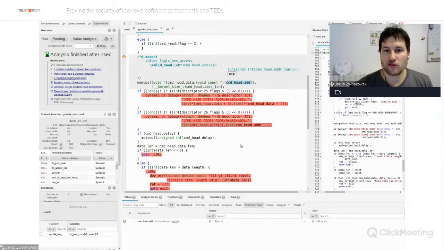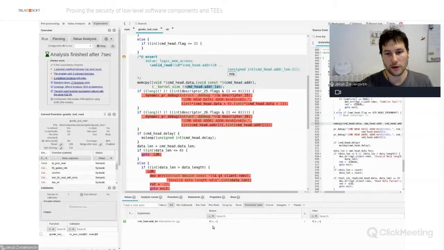Now, if I check the other thing here, the length that is given to the memcopy function, I will see something quite similar. It's also type U8, and it's a top value here. So it's also from 0 to 255. And this looks pretty dangerous, because we can see that we are reading out of bounds here.